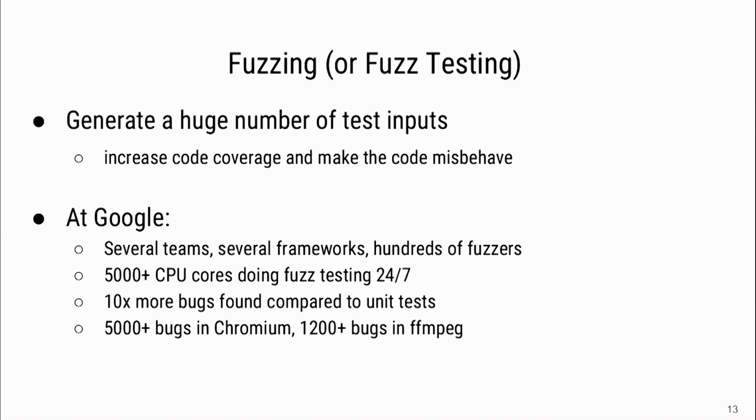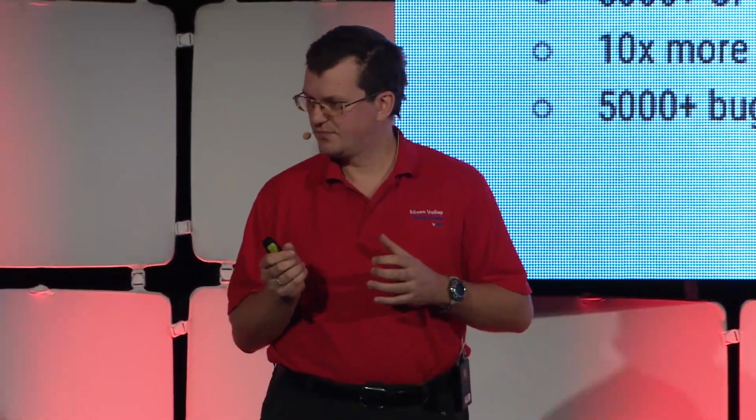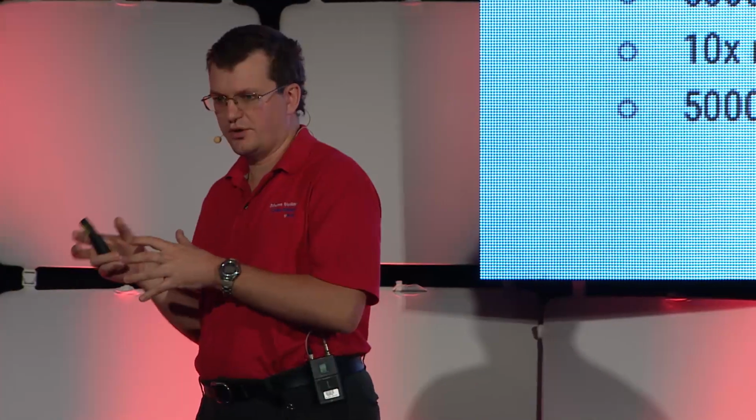Fuzzing is a huge family of different techniques which have the same goal. We need to generate lots of test inputs for the application, for the API and the test, with the goal to increase the code coverage and in the hope to make the code misbehave. And if you make the code misbehave, you found the bug, you reached your final goal. And if you want to find this misbehavior more efficiently, it's a good idea to couple fuzzing and one of the sanitizers.